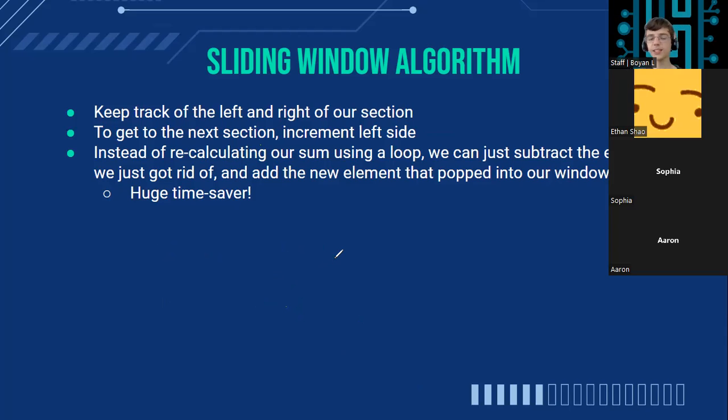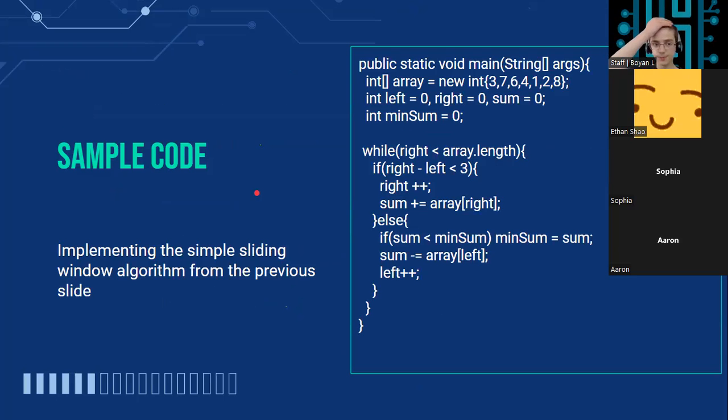So I'm sure many of you are wondering what this actually looks like in practice, coded up. And it looks something like this. So we can start both our left and right pointers for our window to start at 0. And we're also going to just have a variable to keep track of the sum. And of course, a variable to keep track of the minimum sum so that we can find the minimum and actually solve our problem. The general idea is that as long as the right pointer is in bounds, we're going